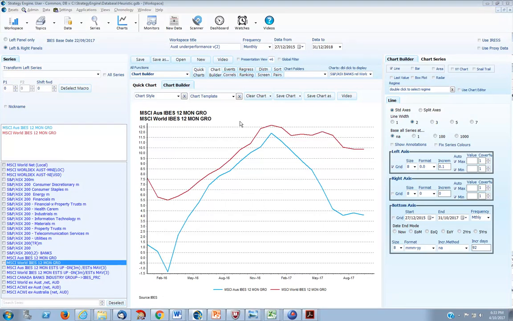So what has been behind this period of underperformance? Well, we might first look at earnings growth. So these are consensus 12-month forward earnings growth for both global and Australian equities. Global indexes in red, and you can see at the start of the year, it was around about 12.5%, and has since declined to something like 10.5% forward EPS growth. In the case of Australia, it's starting at about 12%. That's fallen away much more sharply to around about 4.5%.